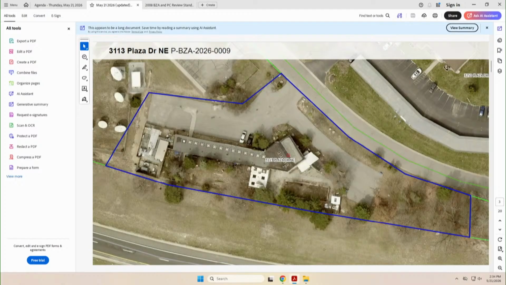The site is located at the end of Plaza Drive Northeast. Plaza Drive Northeast is a dead-end street starting at Lamberton Lake Northeast and Plainfield Avenue Northeast. This property was not platted. However, the legal description references I-96 and Plaza Drive Northeast. This parcel is likely a remainder of land from when the highway and road network were constructed.